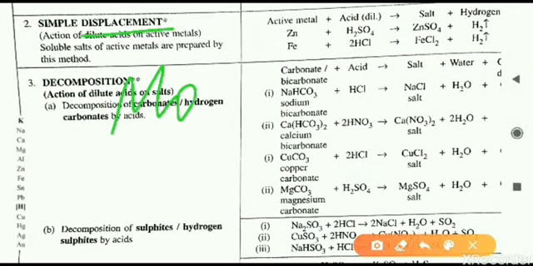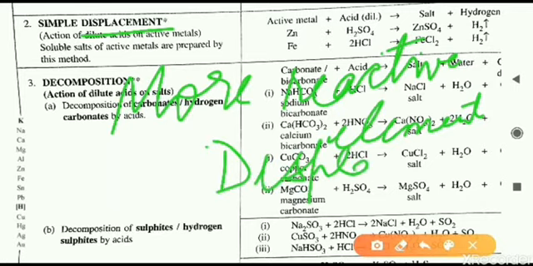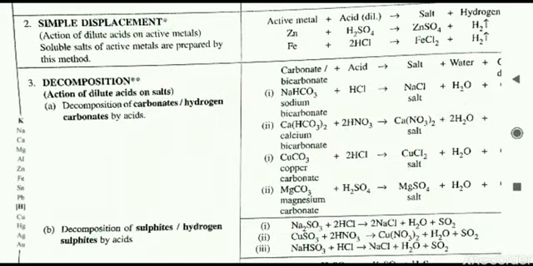Here, a more reactive metal, the metal which is placed above in the metal activity series, will displace. Displace means it will remove that particular element from its own position. What will it displace? It will displace the less reactive metal. A more reactive metal removes the less reactive metal from its position. That reaction is called a displacement reaction. Displacement, in English, means changing the position of one individual or any substance.